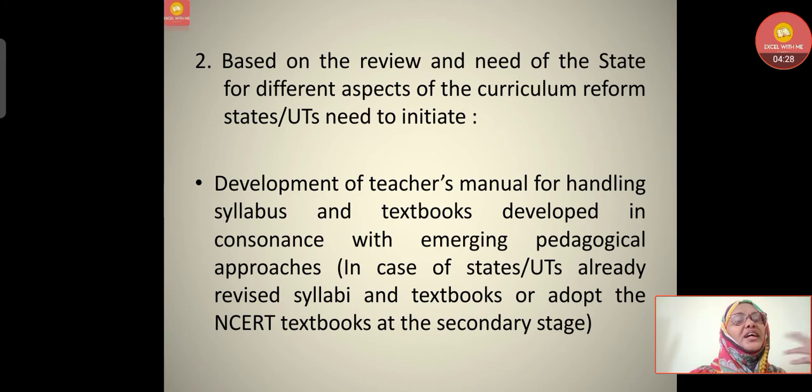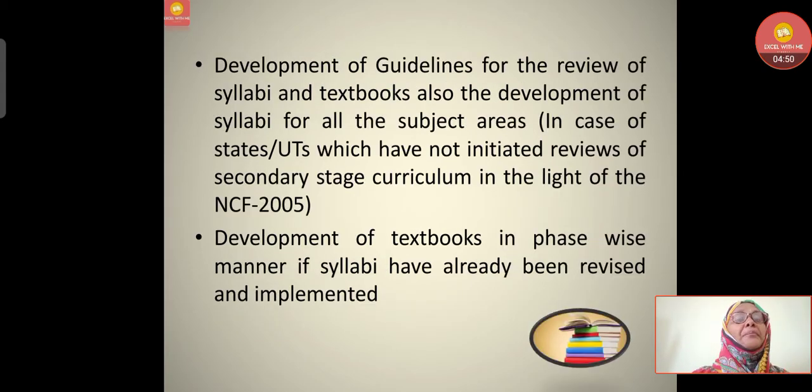Nowadays in states, they are providing this teacher's manual. It was recommended in 2005, so we were discussing the scenario at that time. So they need to develop, with the emerging pedagogical approaches, different new approaches in the teacher's manual here. Then development of guidelines for the review of syllabi and textbooks, and also the development of syllabi for all the subjects